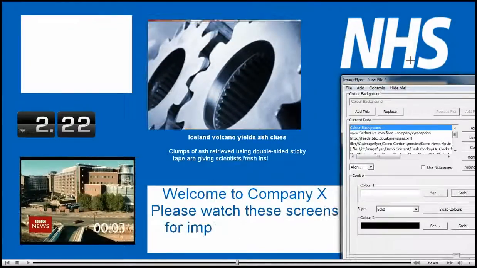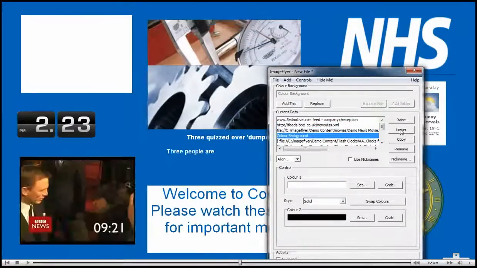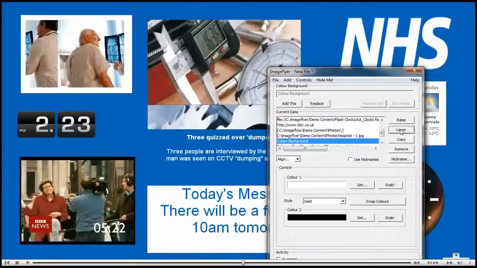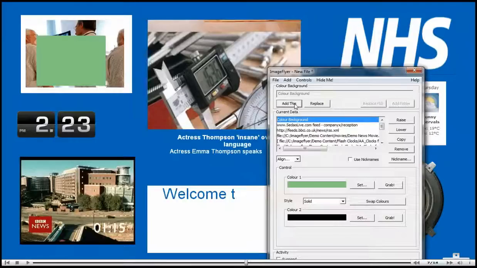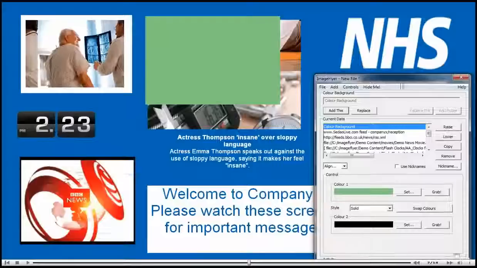The list of data on the control panel shows the zones on screen. The top of the list is the foreground and the bottom of the list is the background. To move a layer to the front or back, simply use the raise and lower buttons at the side of the data list. If you are creative, you can make the screen look attractive with colors and shades to